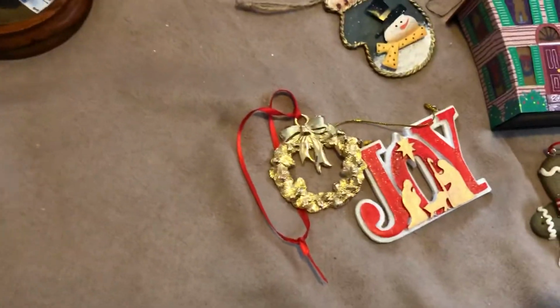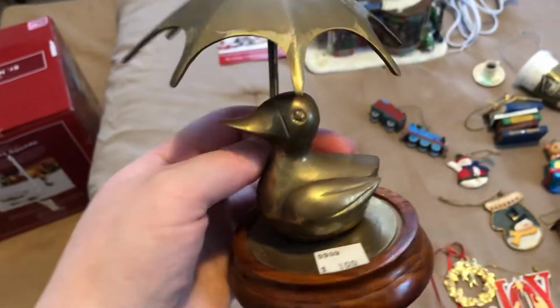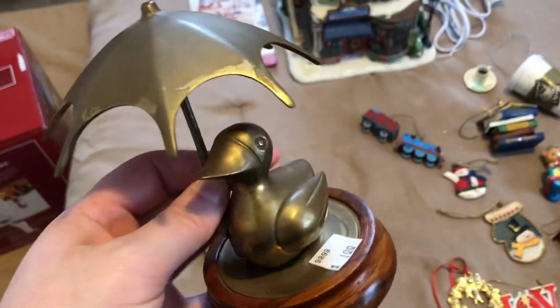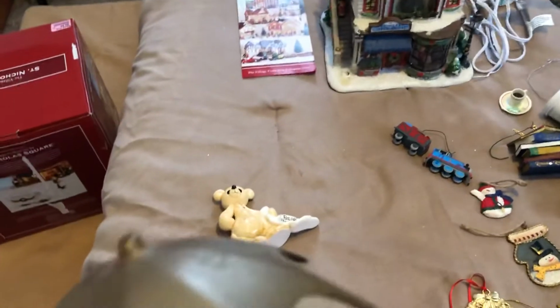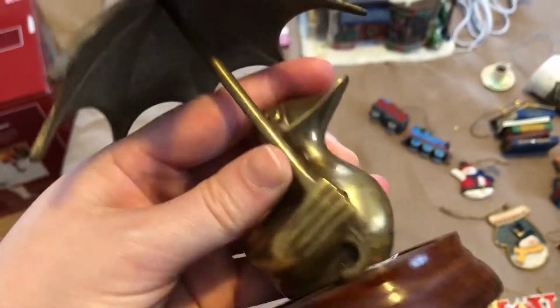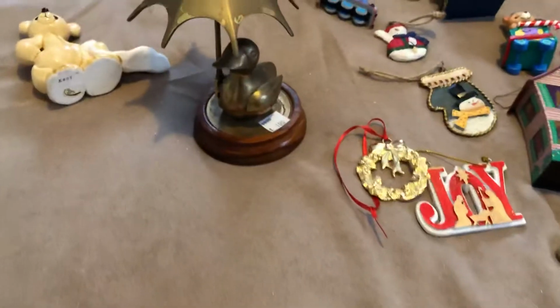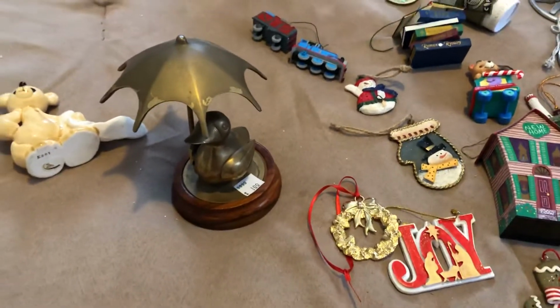Then this was my one technical vintage purchase at Silver Creek. It was the cheapest vintage item there at $1. And he's so cute. I know his brass isn't that great. He's kind of degraded. But look, he's actually holding the umbrella. It's not just laying next to him. I actually put it through. And even though it's a duck, it so reminded me of one of the Batman Returns scenes